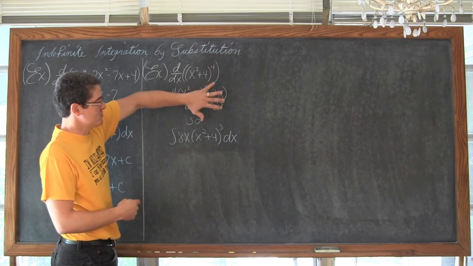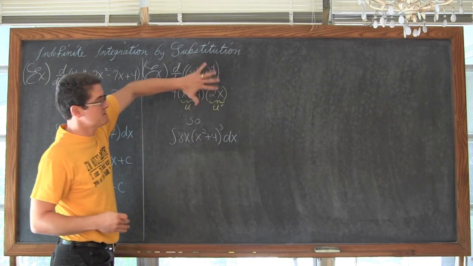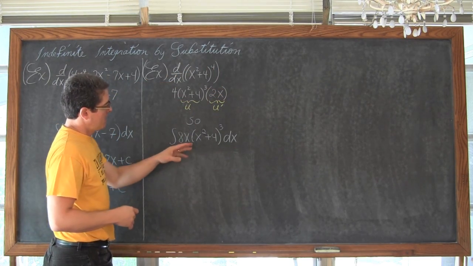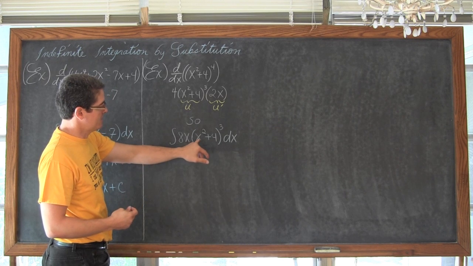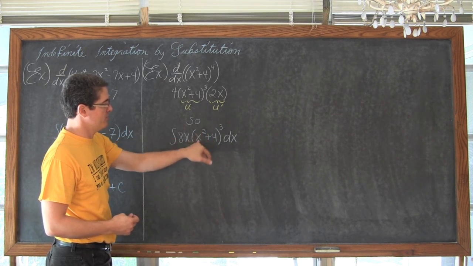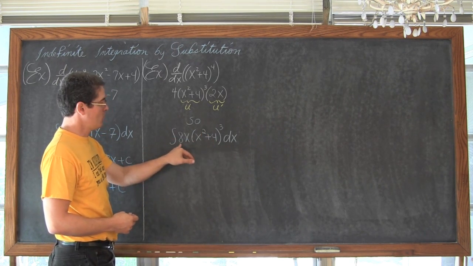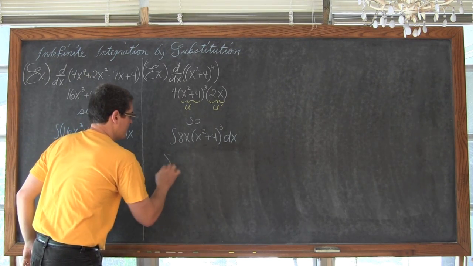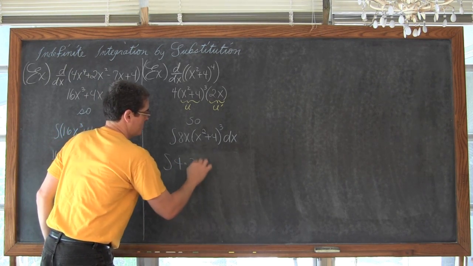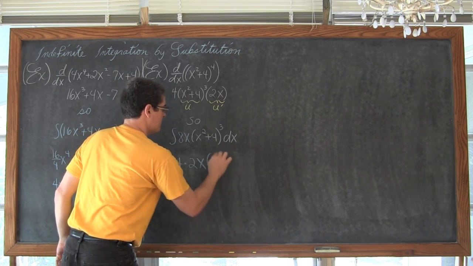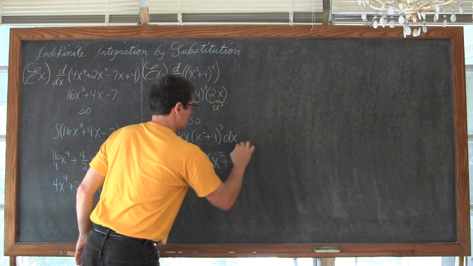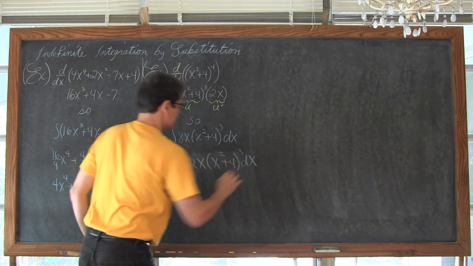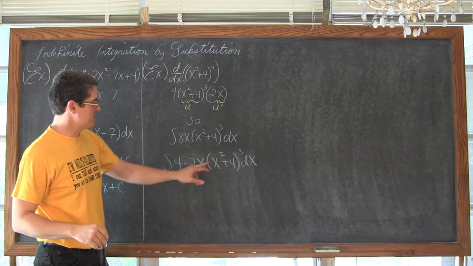But thinking about just seeing this and not seeing the derivative, it's complicated. I see this x squared in here, and the derivative of x squared is 2x. Well, out front, I have 8x. If I can split that up to be 4 times 2x times (x squared plus 4) cubed dx,